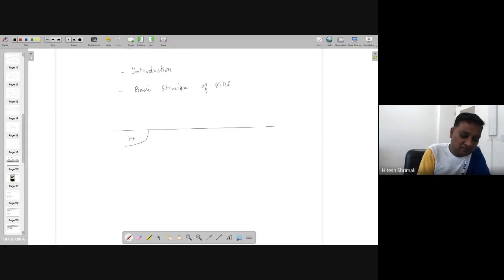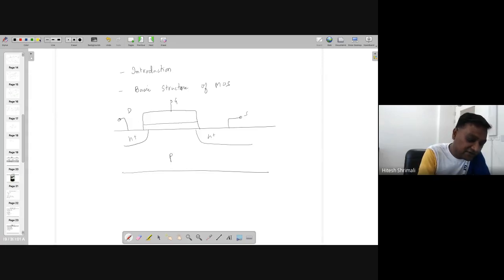So it looks like this one. In reality, there is always an overlap. There is some extra area you can see here, which is an overlap area, which is reducing your effective channel length. Earlier you wanted to have the channel length of L, but now it becomes L prime. It's a reduced one, or sometimes it's increased also. It depends how people want to make it, but generally it's reduced. Okay.